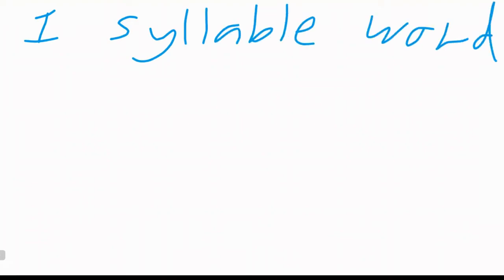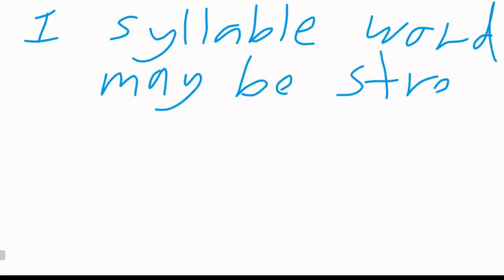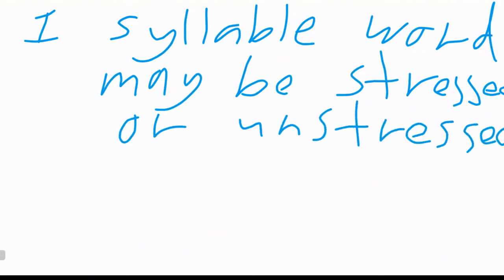For example, one-syllable words can sometimes be used to create stress or to create an unstressed syllable. One-syllable words that are packed with meaning, or very significant words, or nouns or verbs, typically are going to have a stress every time. These are words like cat, dog, house, sit, run, dance. These are all words that are one syllable, but they're pretty important words. They're words that are loaded with meaning and context, and so they are stressed whenever we say them, or almost always when we say them.